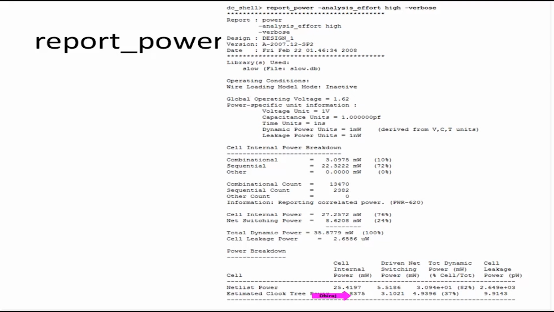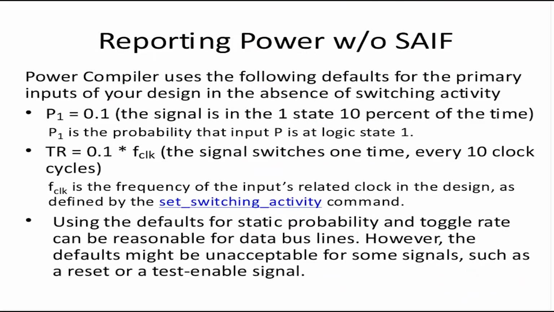So, we summarize: total power is a sum of leakage power and dynamic power. Dynamic power is a sum of net switching power and cell internal power. Now, a good question would be: I do not have any switching activity. I haven't done any simulation. I don't have any switching activity. What do I do? So, Power Compiler